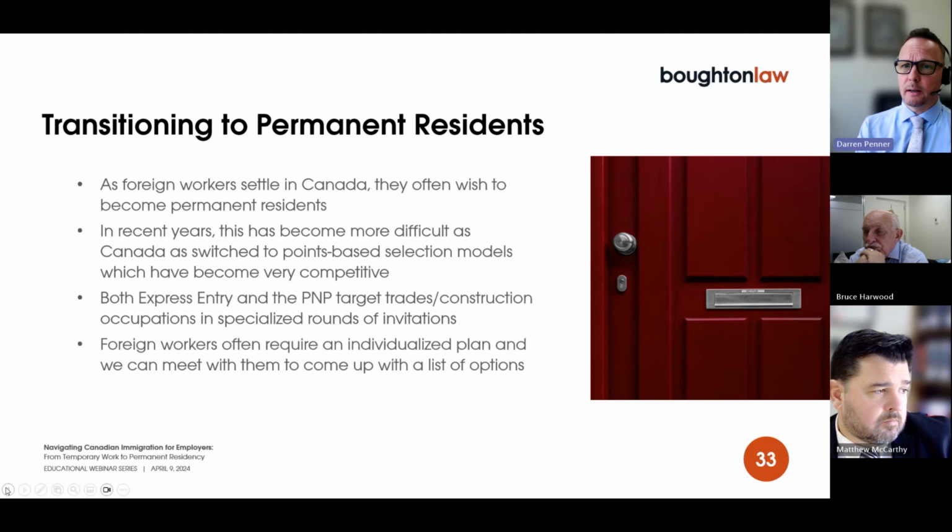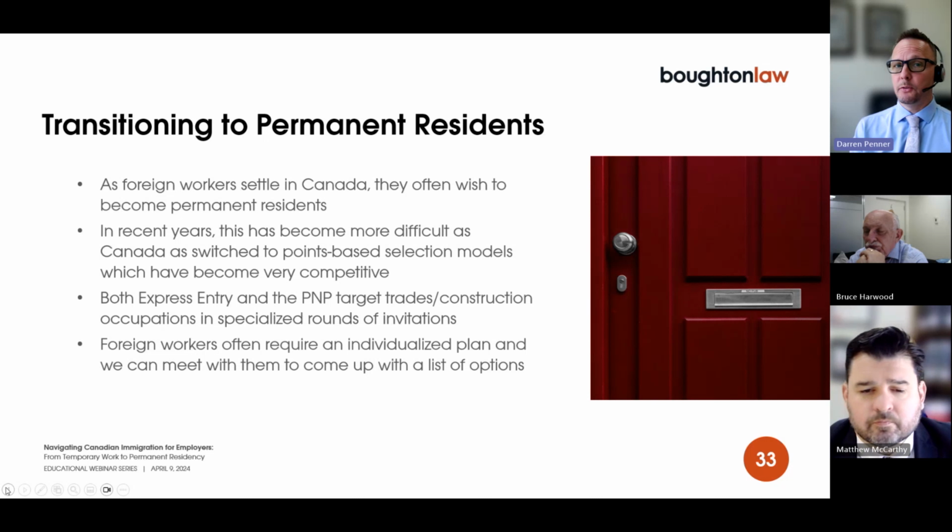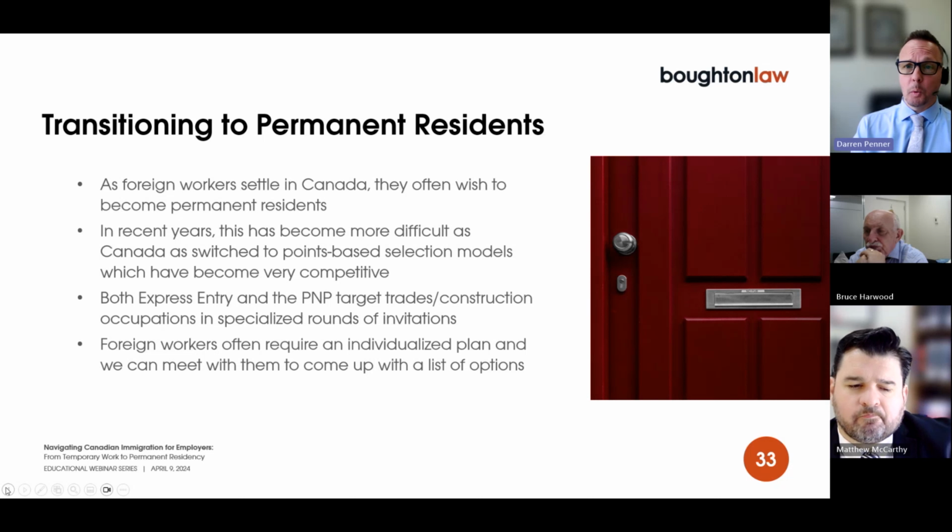By the time points are hitting 95, we're getting to the point where it's going to be difficult to get an invitation to apply for a nomination unless there's something there, unless the worker for some reason has a very high level of education, like a master's level education, or maybe they're working outside the Lower Mainland and they have experience there. Maybe they can speak some French. We come back to the French thing. If you bring in French workers, they may have a much easier time at PNP. But generally speaking, the PNP is difficult, and Express Entry is also difficult right now.